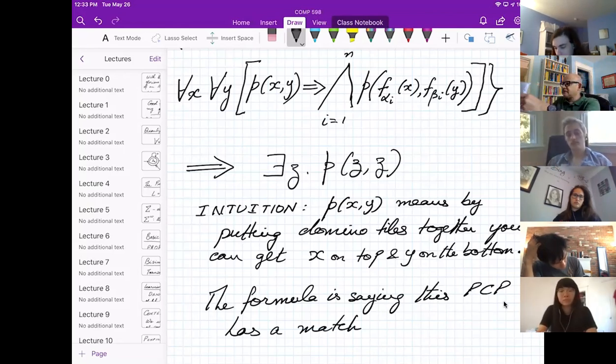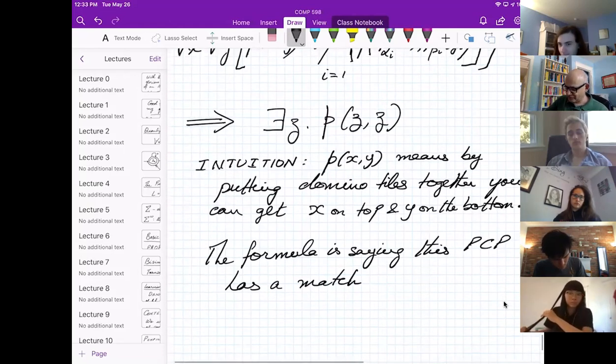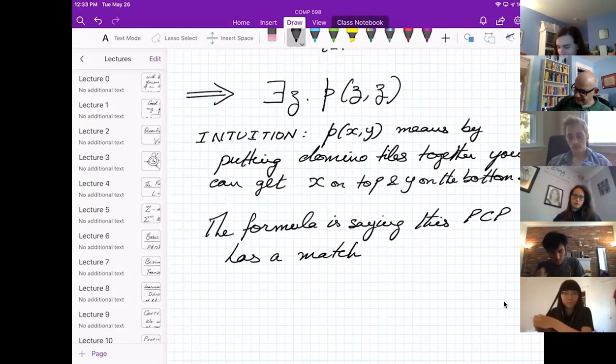So let's see. Actually this thing that I said is the intuition is almost a formal proof. So first direction, assume the formula is valid.